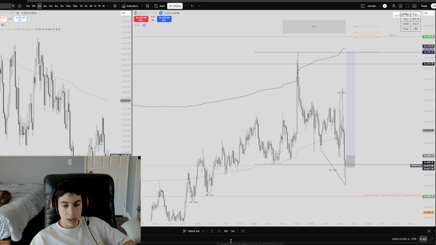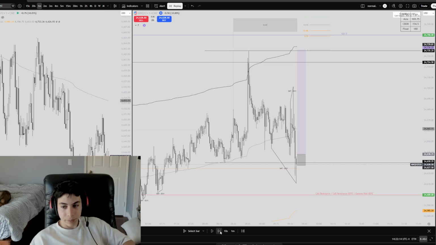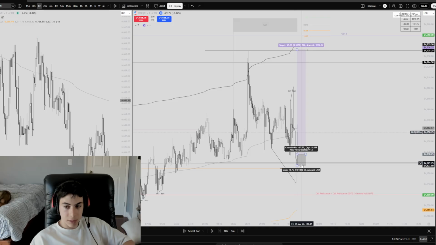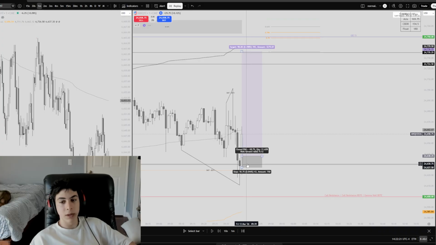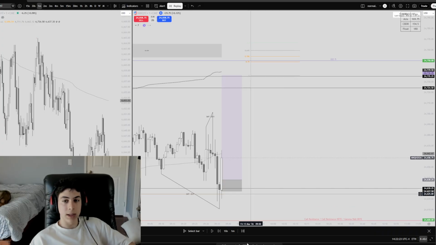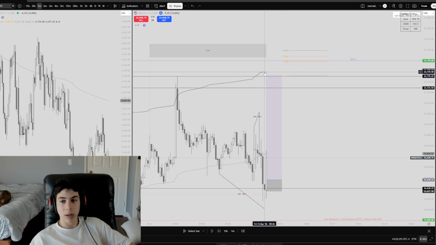So coming into that, we see this point, we see our confirmation. I enter here. There's no reason for us to go lower. So I take that and we go all the way. I wanted to take profit here,